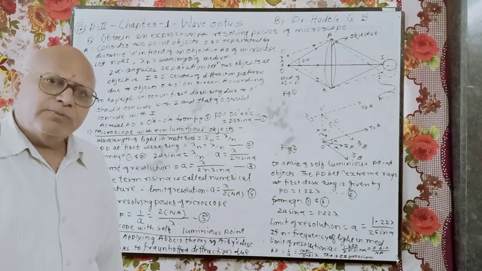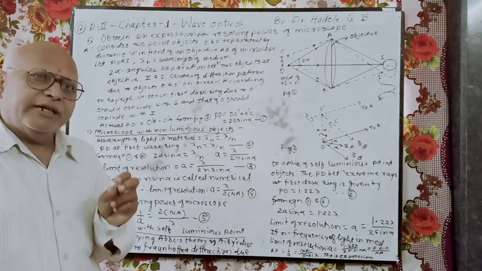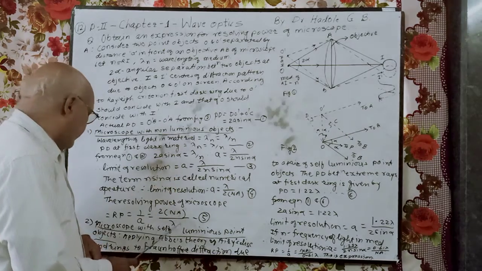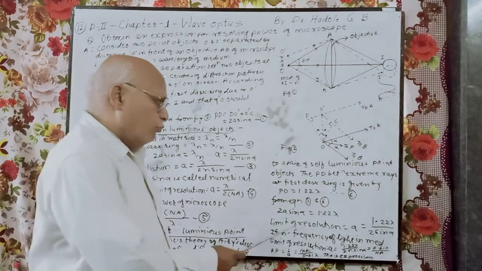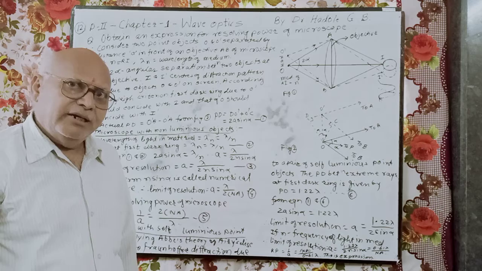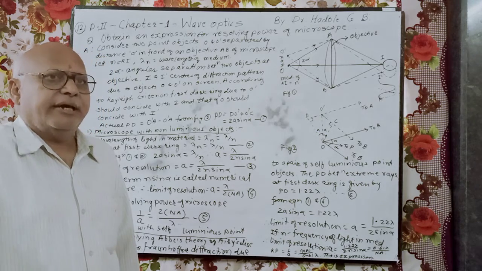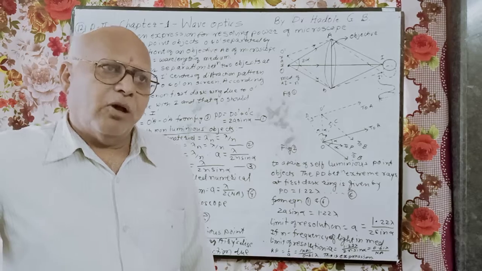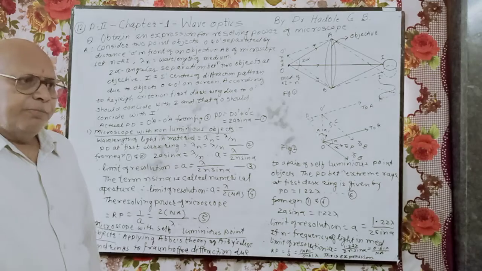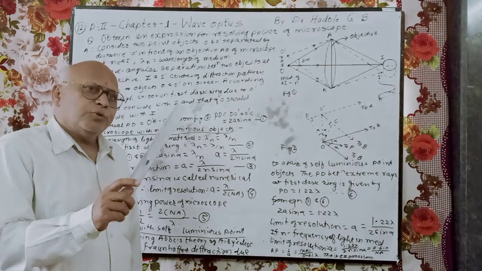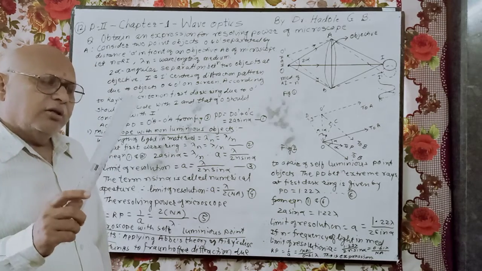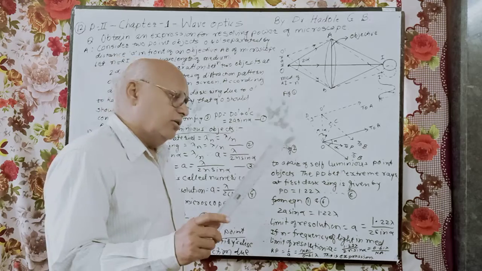One thing to be noted is that the difference between the resolving power of microscope with non-luminous object and luminous object is that the factor 1.22 occurs. This is the main difference, and therefore care is to be taken while solving problems. It is to be focused on the point whether the sources are illuminated or non-illuminated, or luminous or non-luminous.